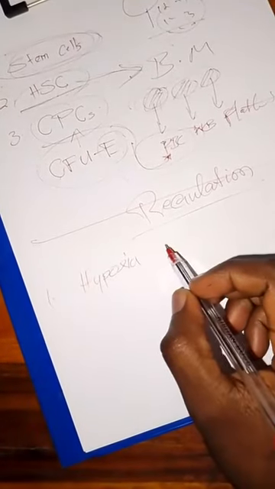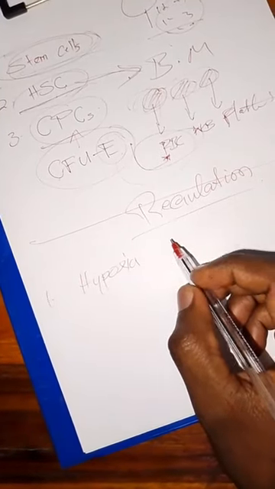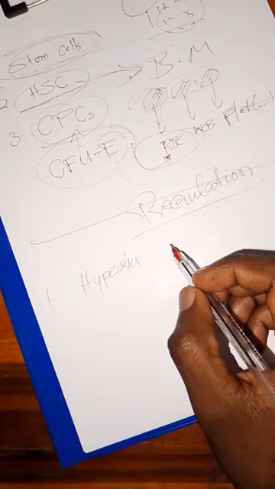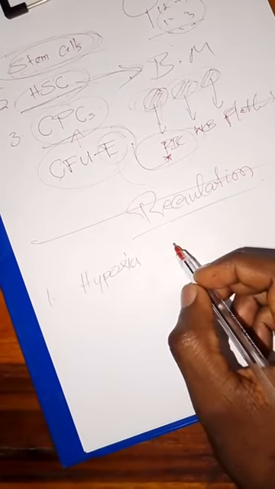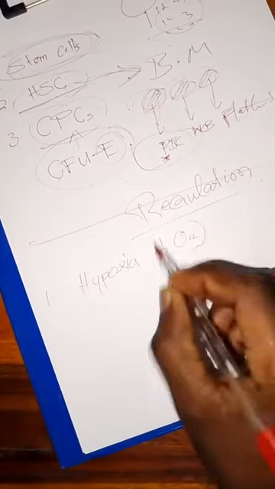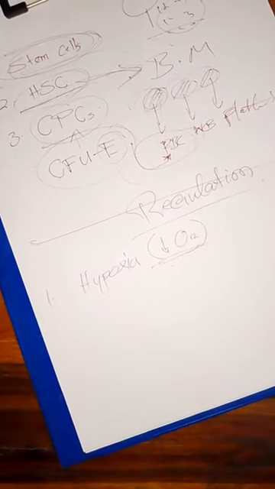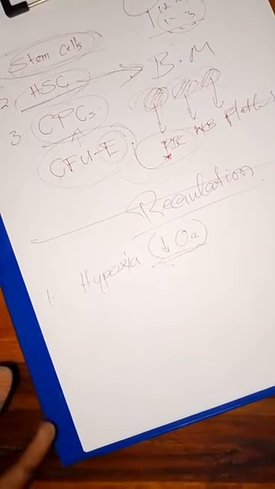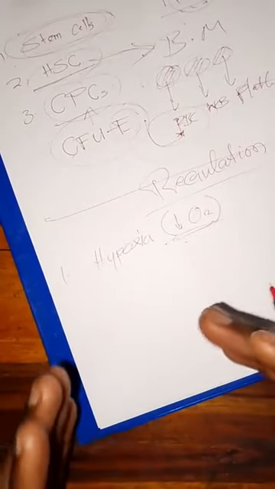Hypoxia basically is a condition in which there is insufficient oxygen supply to a particular body tissue, or the body tissue receives insufficient oxygen to meet its metabolic demands. It's a condition where the body is saying we need more energy here, but it is receiving low oxygen levels. That condition, or reduction in the oxygen levels in the body, is known as hypoxia. So hypoxia is one of the factors that can regulate the whole process of erythropoiesis. We know that oxygen is involved in the transportation of, or rather